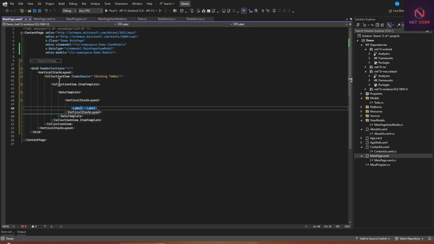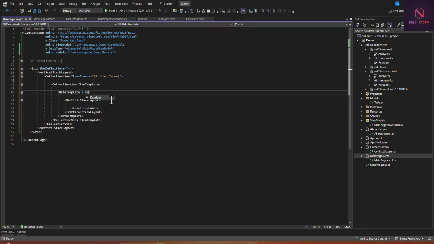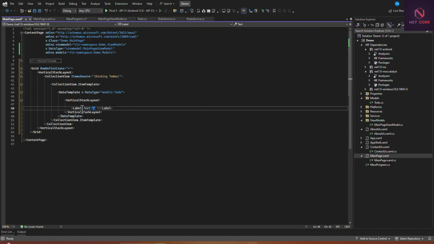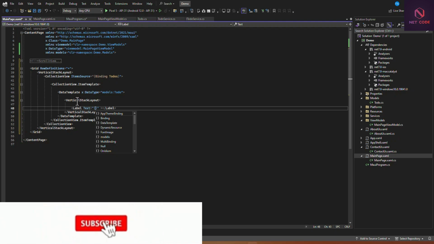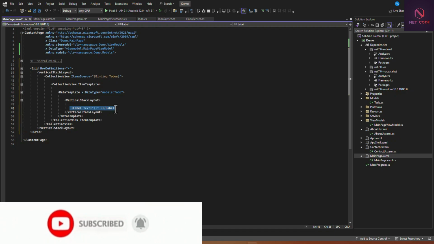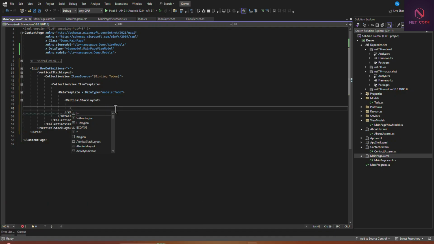With the DataTemplate, you have to specify x:DataType, and this data type is going to be models dot, and now ToDo. With this, we're going to say the text that you want to display here. The first one is an ID. So you're going to say this is ID. We can format this well. Okay, so instead of using this vertical stack, let's have a horizontal one between this. So horizontal.